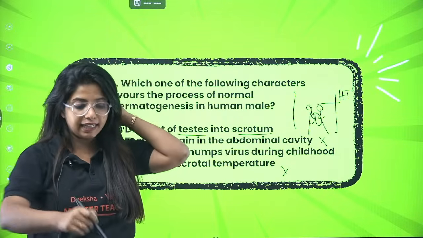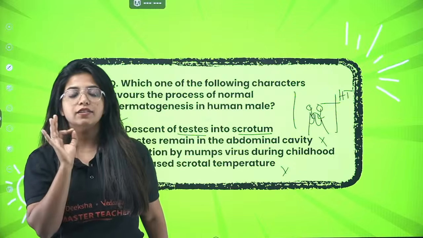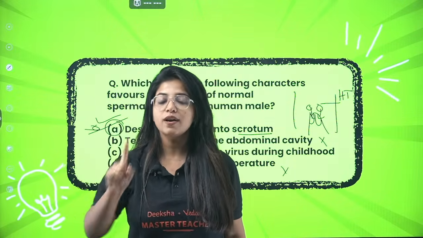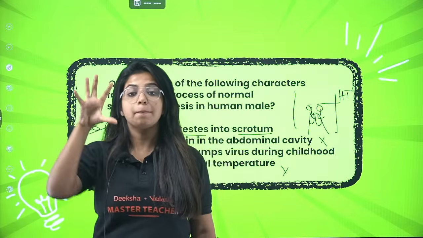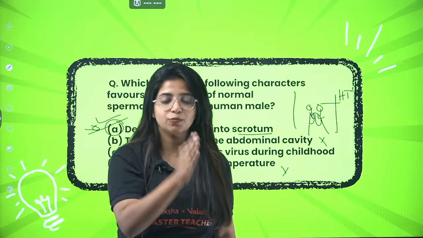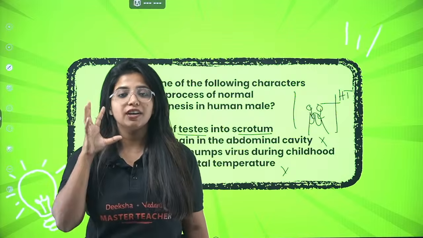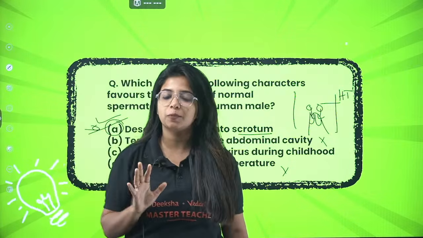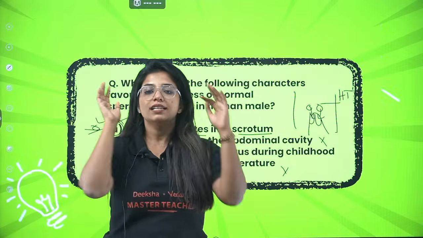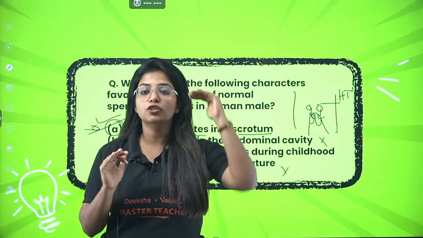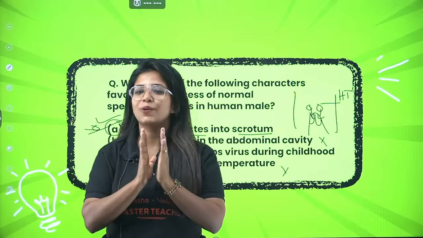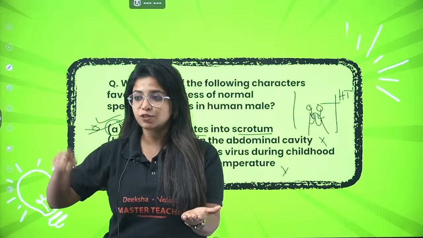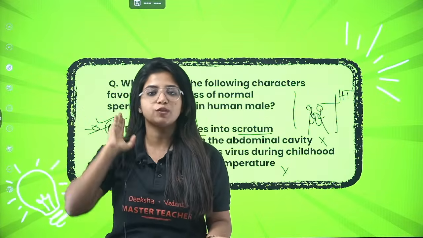Next content then. The first thing that we studied in this chapter is the male reproductive system. The first part of the male reproductive system is the primary sex organ, that is testis. Why call it primary? Because it is doing a very important job of forming the sperms, and without formation of sperms there is no sexual reproduction. That is why it is known as primary sex organ. Testis is inside the scrotum to maintain a temperature 2 to 2.5 degrees Celsius lower than the normal body temperature. Your testis is oval in shape and the width is 2 to 3 and the length is 4 to 5. 2, 3, 4, 5. Always remember that.